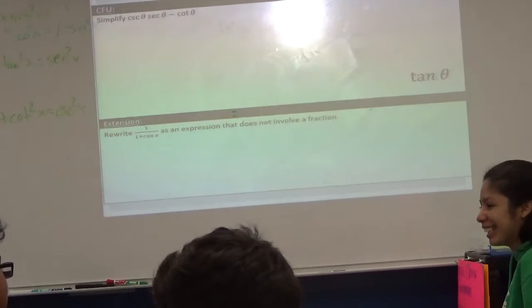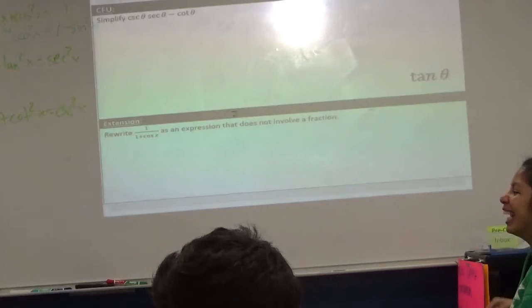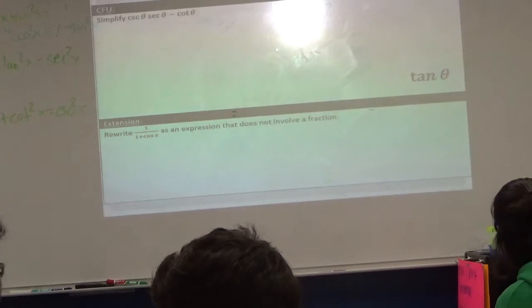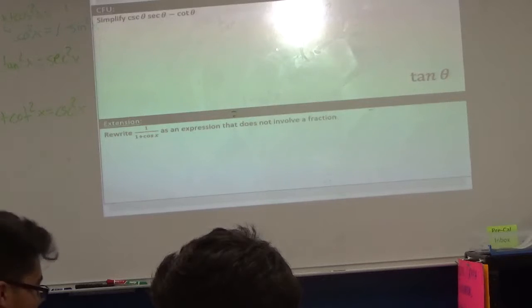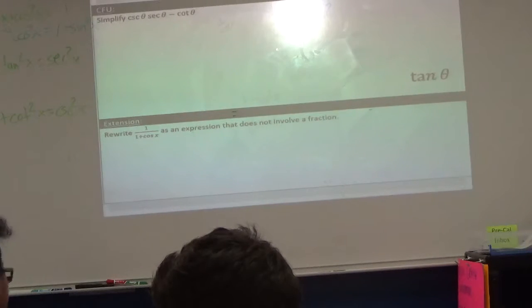So I would not write it like that. I would write in the place of this, like my next line right here. Instead of writing 1 minus cosine squared on the top, I'm going to write it as sine squared because I know those are equivalent. It's like me saying this and this, so I can write it as this. I'm going to write it down, because sine squared equals this. Sine squared times